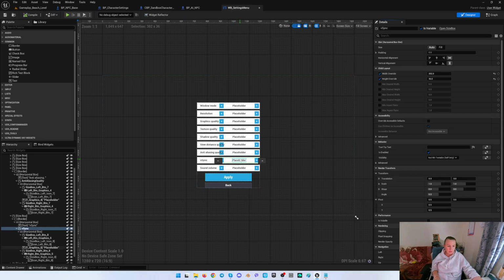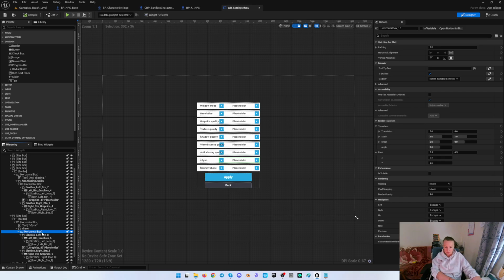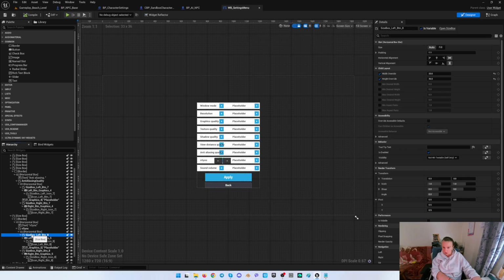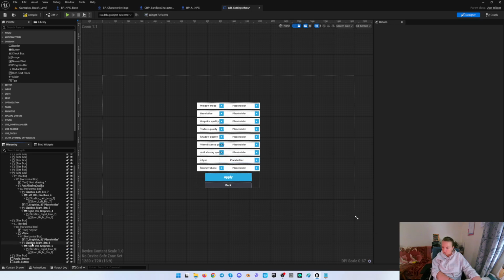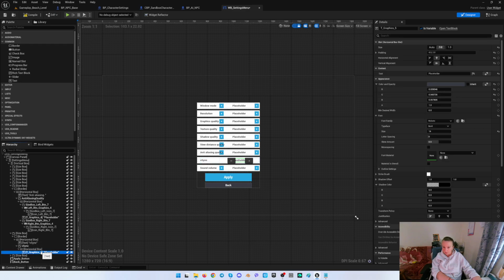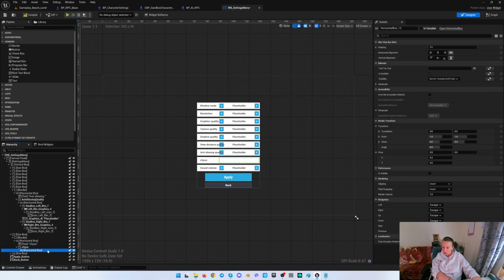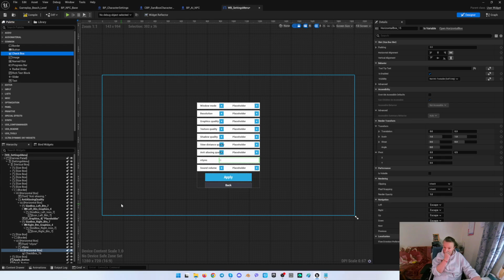And for the vsync, we will have to add only the checkbox. It will not be those buttons. So let me see what we have to remove. I guess we have to remove size box left. That's what I don't need. The size box right. I don't need this also. What again? Placeholder. Horizontal box I will keep. And in the horizontal box, I'm adding the checkbox. So I need basically only the checkbox. To leave the horizontal box, I'll just remove this also. And leave only the